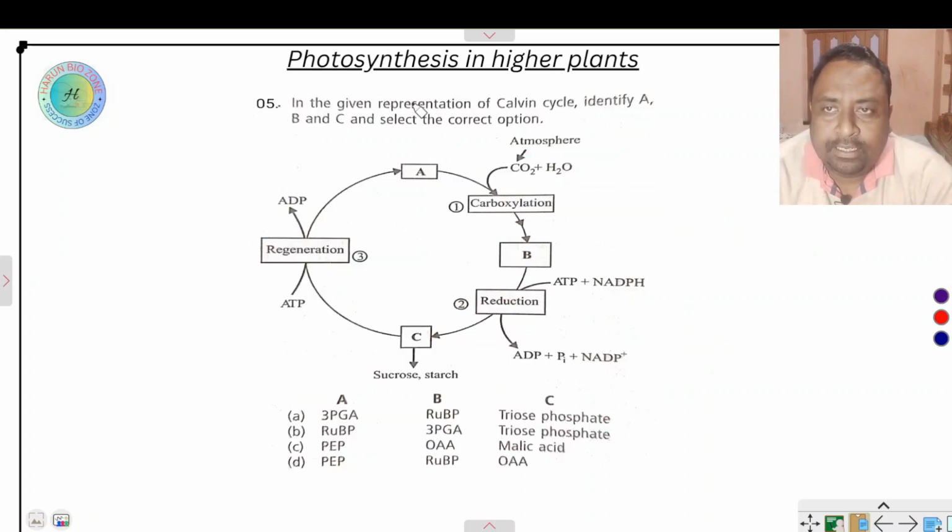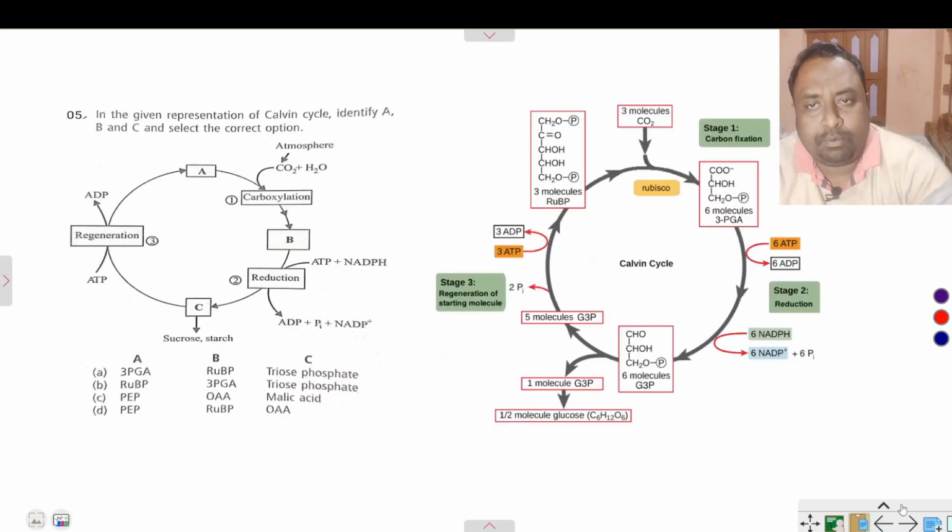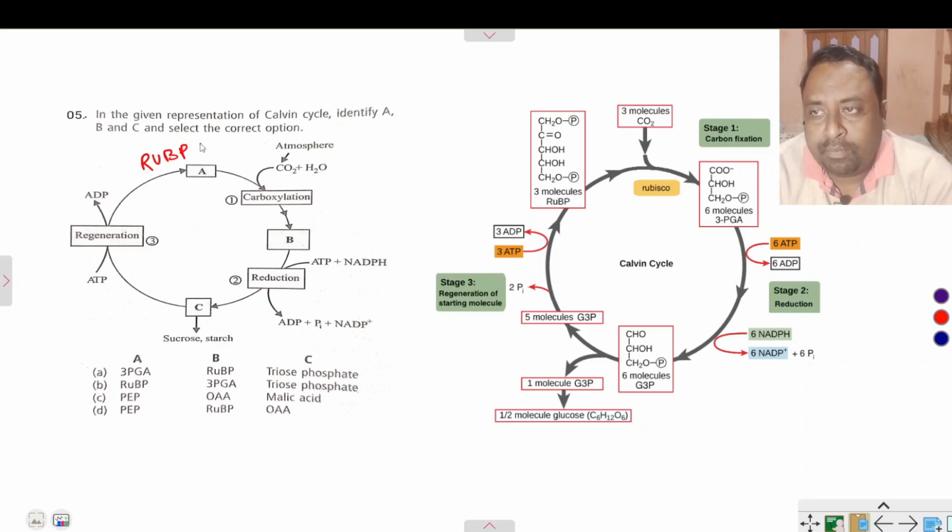The next question: in the given representation of the Calvin cycle, identify A, B and C. So first, A is the carbon dioxide acceptor. Let me explain this question with a proper diagram. This is the diagram of the Calvin cycle. Here option A is ribulose 1,5-bisphosphate, RuBP, a 5 carbon containing